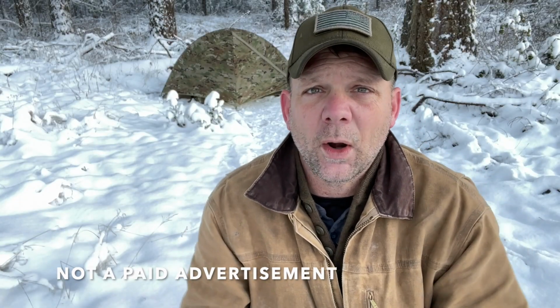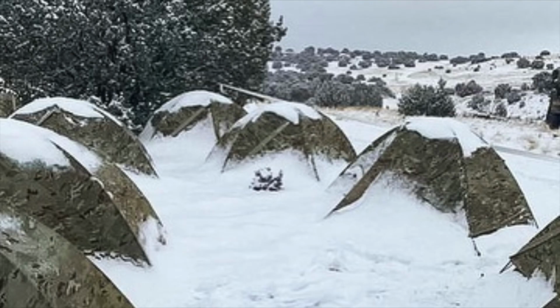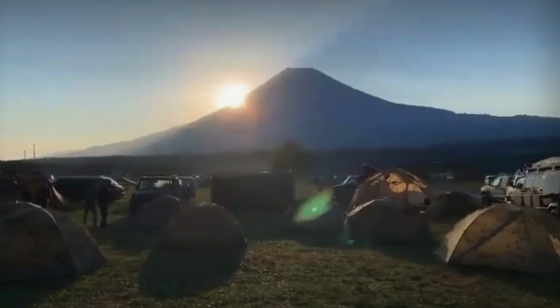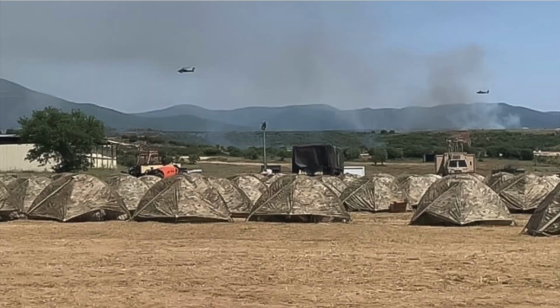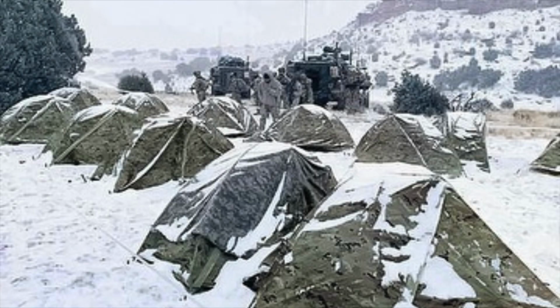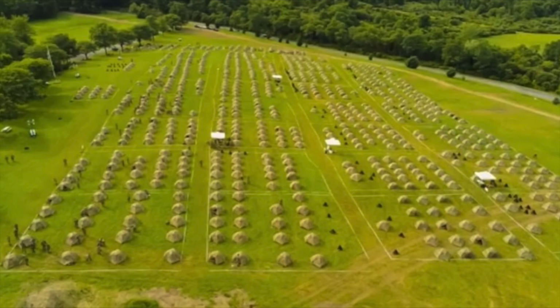They're American owned and operated, and they're the number one tent that the United States Army looks to provide single man and 2-man tents. When I say tens of thousands of these tents have been used all over the world, that's being pretty conservative. Soldiers have abused these things out in the field, and they stand ready to take care of us, and not just 3 seasons, but 4 seasons as well, as we're gonna hopefully find out when we